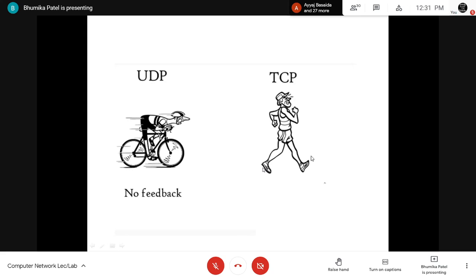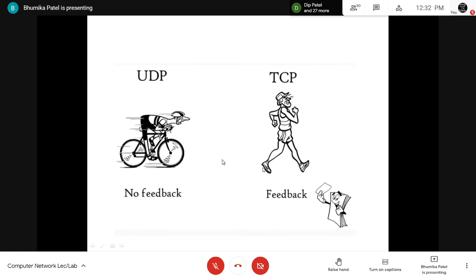Whereas TCP will provide feedback to the sender. Therefore, lost or corrupted data can be retransmitted. As we are providing feedback with the help of TCP, the sender can now retransmit the missing or corrupted data. But in UDP, there is no option for missing or corrupted data; what is gone is gone.